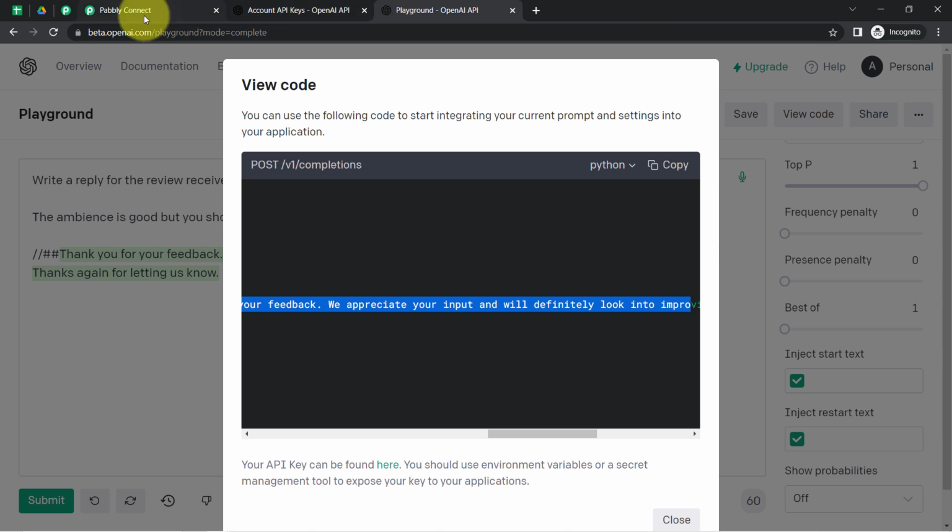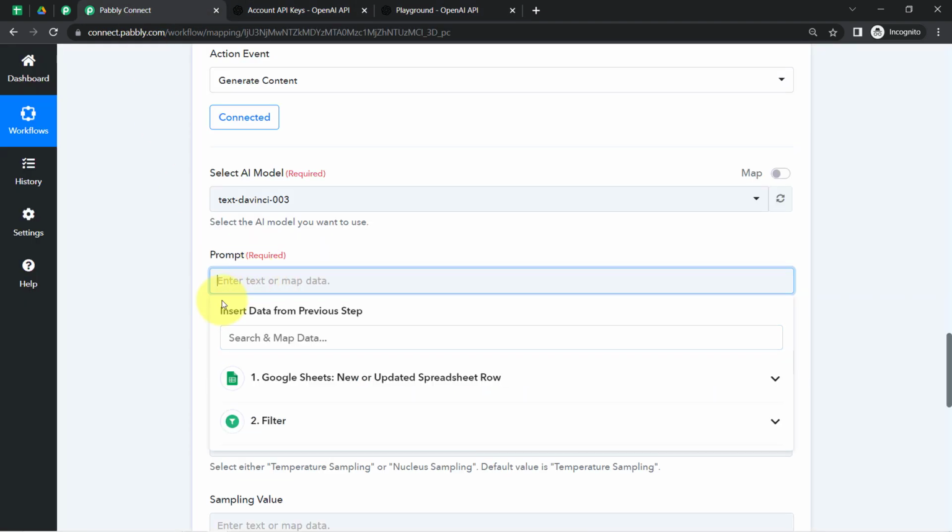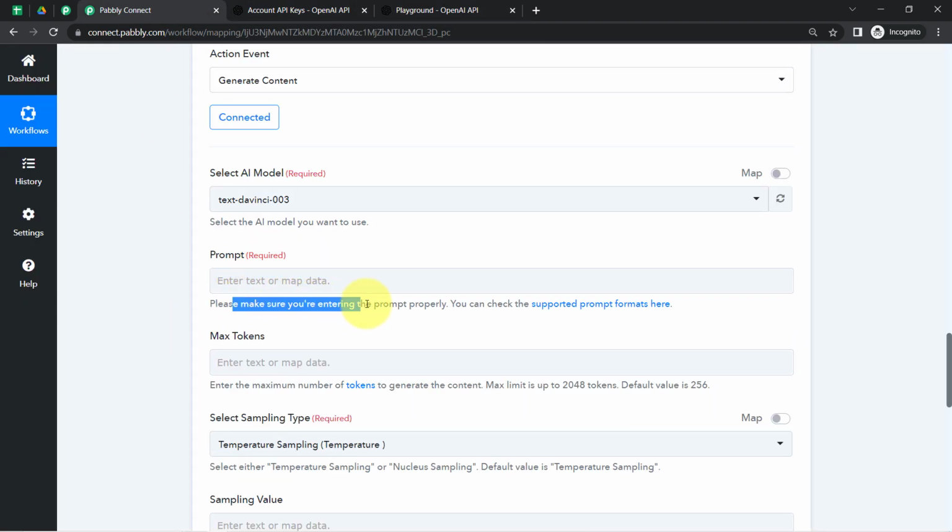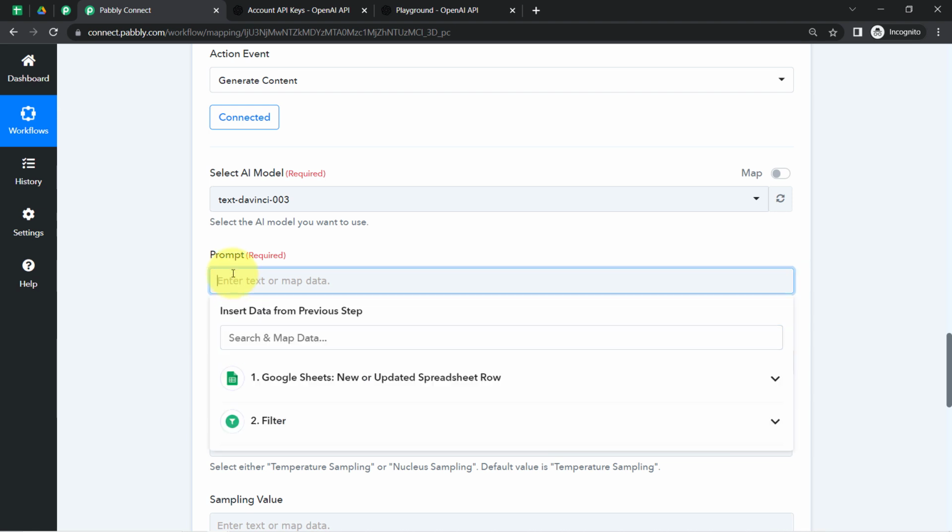Okay, so here exactly I am going to give an instruction, and please make sure that you are entering the prompt properly. You can check the supported prompt formats here. Okay, so I am going to provide a prompt, an instruction, something like write a blog on, and here instead